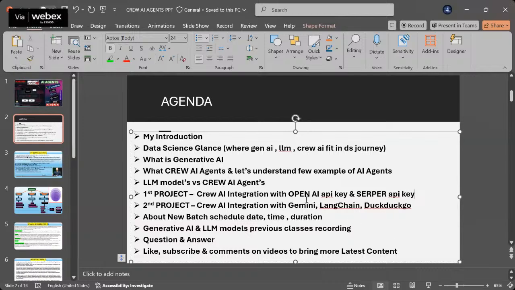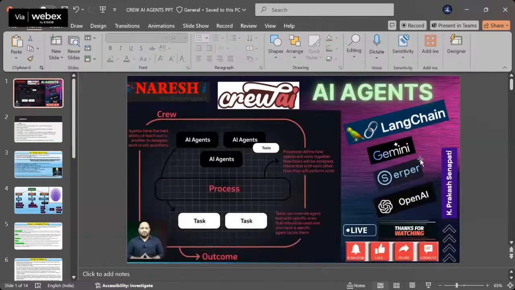So here we introduce the LangChain framework, Gemini model, Serper API key and OpenAI API key. So this would be our framework, and this framework we connect to Gemini, and Serper is an API key, and for OpenAI we generate an OpenAI API key, and let's work on the practical, guys. And the next one,